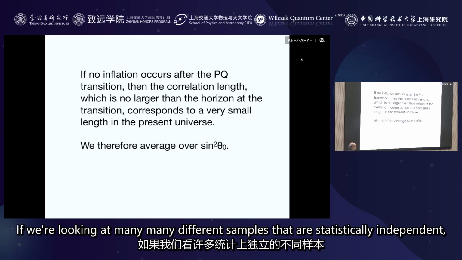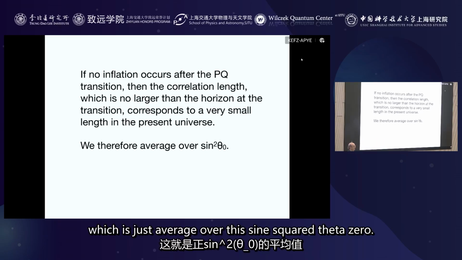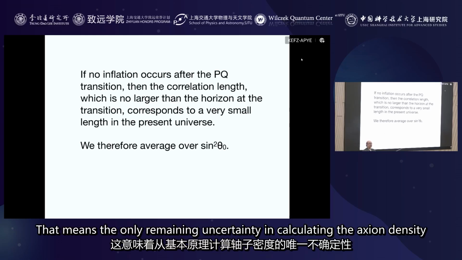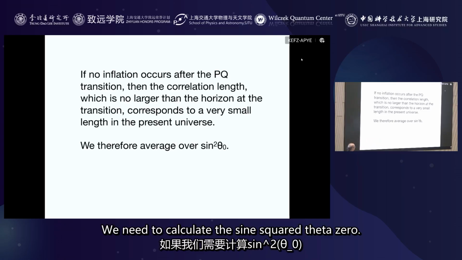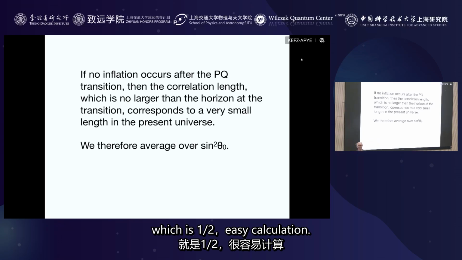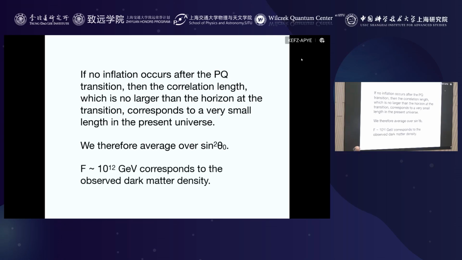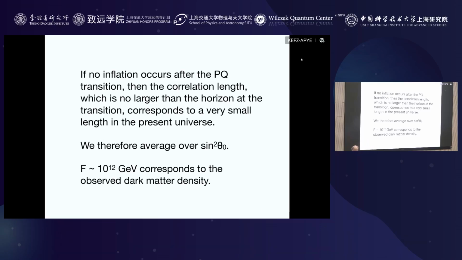Okay, so if we're looking at many, many different samples that are statistically independent because they were causally disconnected, we should just average over this sine squared theta 0. So that means the only remaining uncertainty in calculating the axion density from fundamental principles is gone. We needed to calculate the sine squared theta 0, and we need its average, which is a half. Right? Easy calculation. And so you take the supercomputer calculations from QCD and accurate timelines of the evolution of the universe, calculate it out,